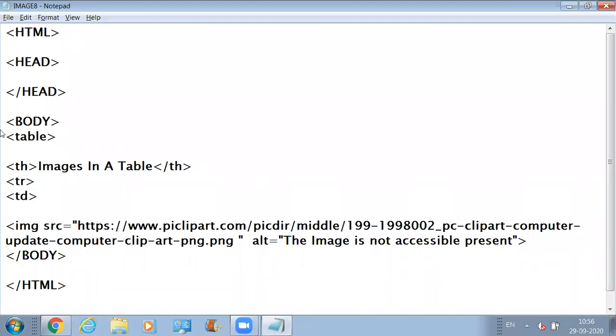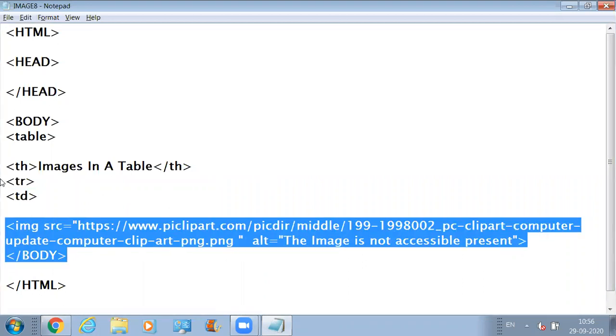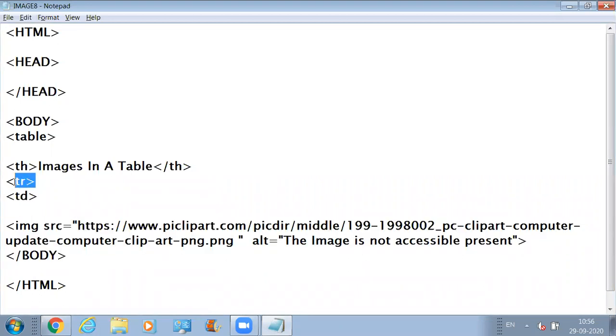Now this image, I'm going to define it as data for this table, for this first row that I've created over here. Okay.